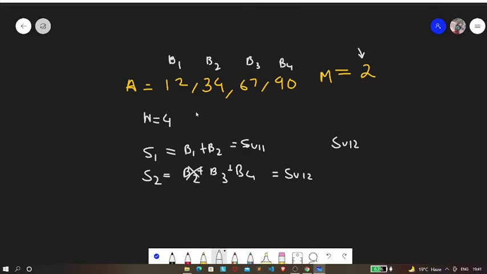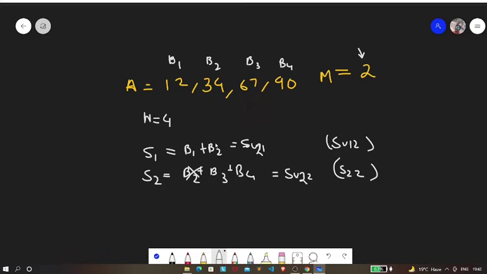So it is actually in a contiguous fashion. Let's consider the sum of books 1 and 2 to be S1, and S2 for the other, and let's say the maximum of it is S2. Now we need to find the minimum of these maximums.